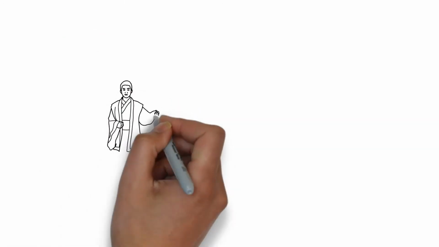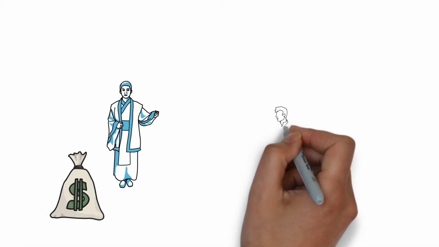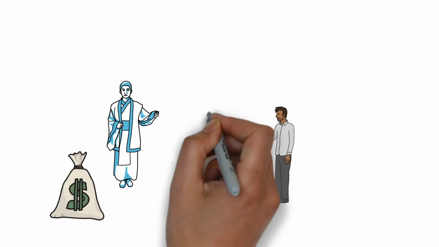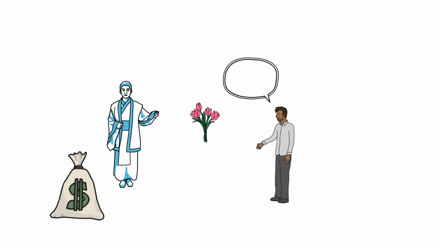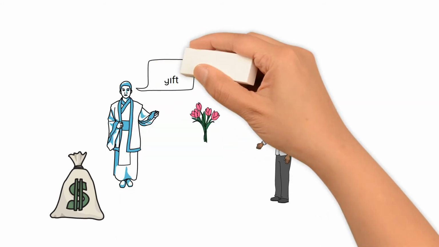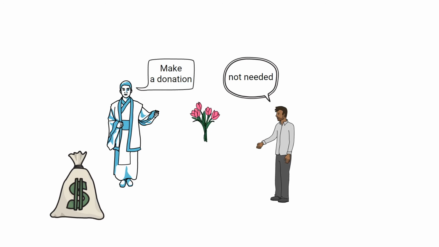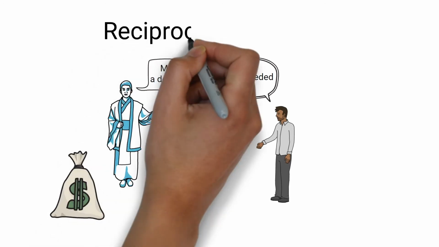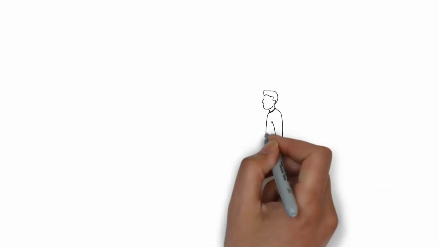The following technique turned out to be very effective and brought huge profits. To an unsuspecting passerby, Hare Krishnas give a gift, usually a flower, which in no case should be returned, even if the person claims that he does not need it. "This is our gift to you." Refusing to say to a passerby. The passerby is then asked to make a donation to the community. This principle is called the principle of reciprocity. The person to whom you have given something feels indebted to you.